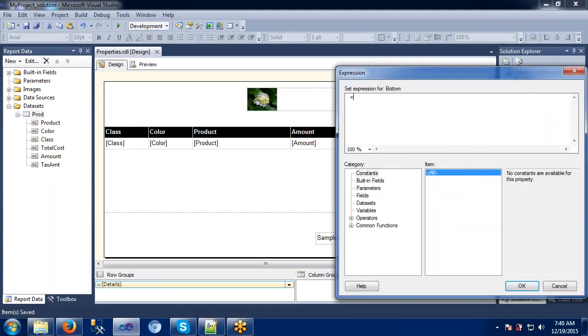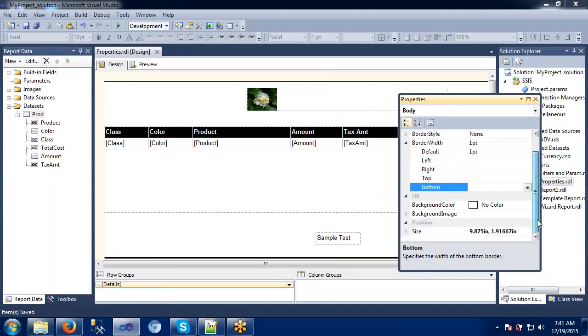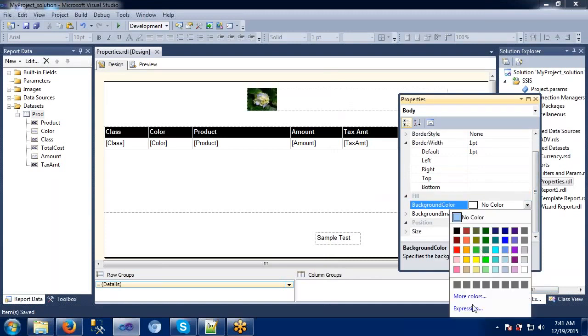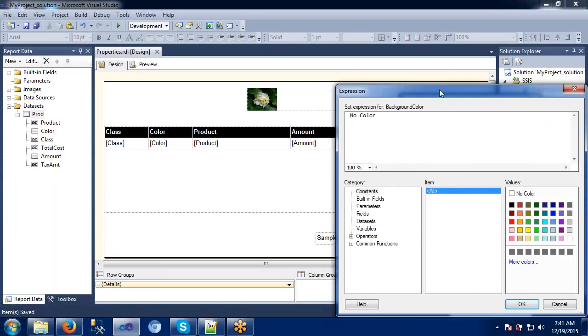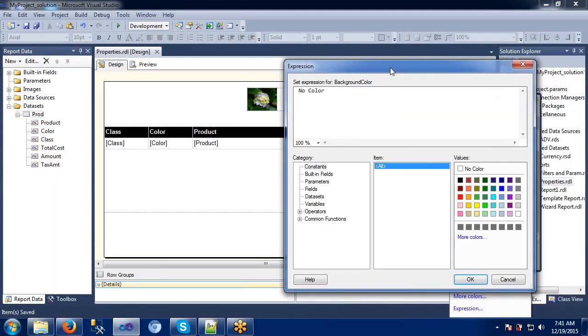One more thing you need to observe here is that wherever you click any expression, this page is common everywhere. Let me show you. Just monitor this. This is the screen for the expression, right? I will try to open some expression somewhere else. Let's see if you find any difference. Let me take background color here and open this. See, again the same expression window without changing anything. I will tell you one slight difference here. Apart from that, nothing will be changed in any expression window.